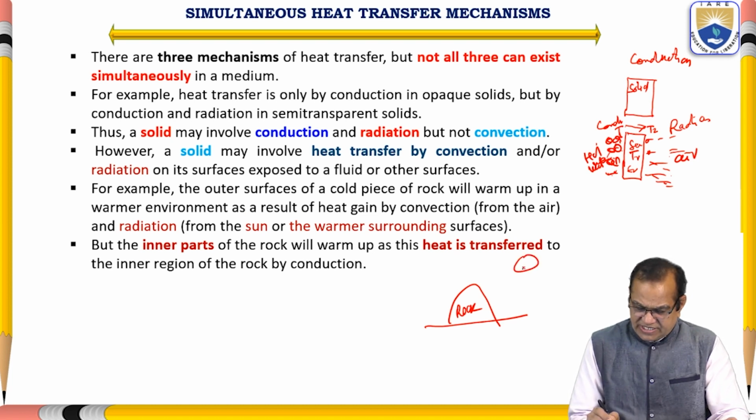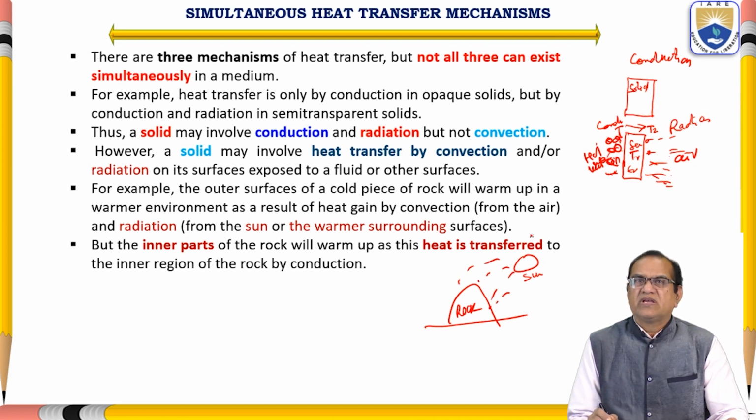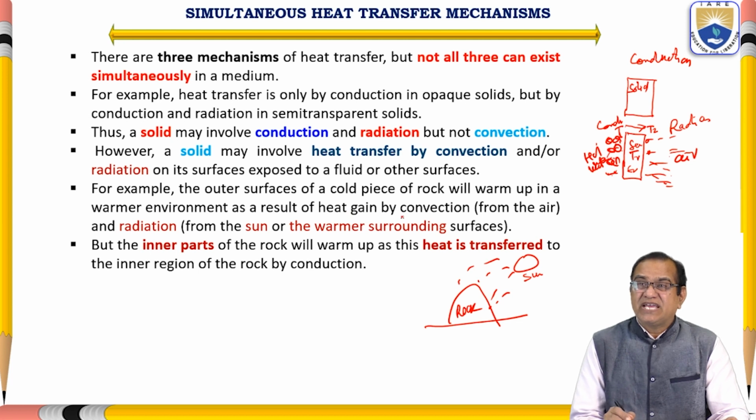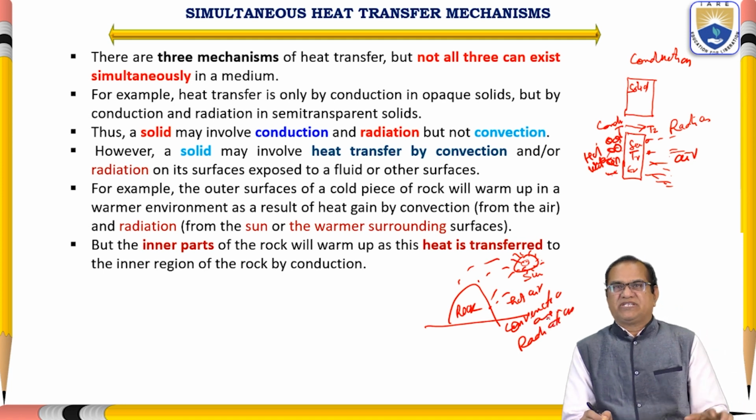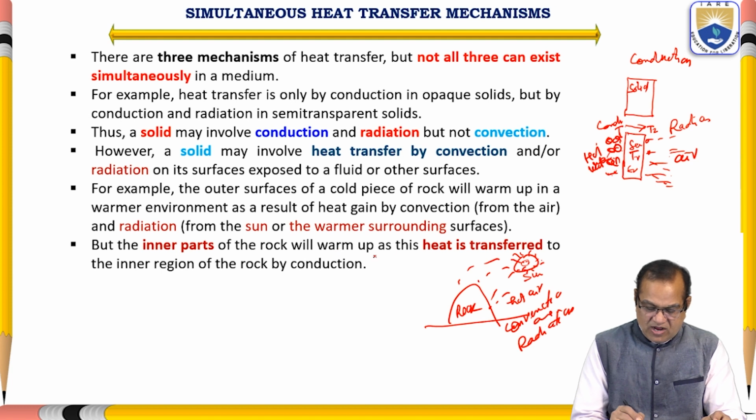So if the hot sun is here, it may be hot in the warmer environment as a result of heat gain by convection from the air. So it is the hot air in the summer. This hot air will be heating, and the radiation from the sun or the warmer surrounding surfaces. So from the sun, or from hot air, it may be heated by convection and by radiation. So this rock can be heated,